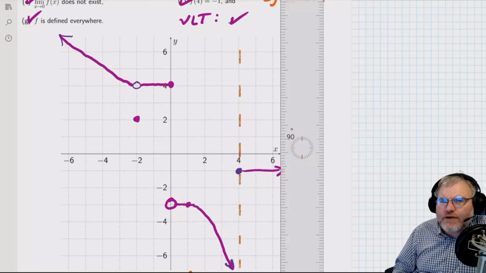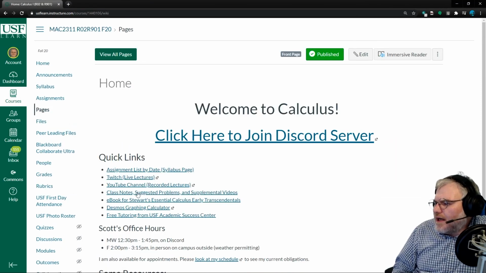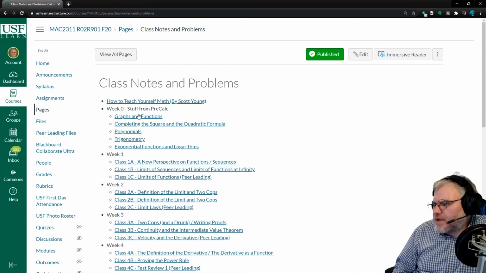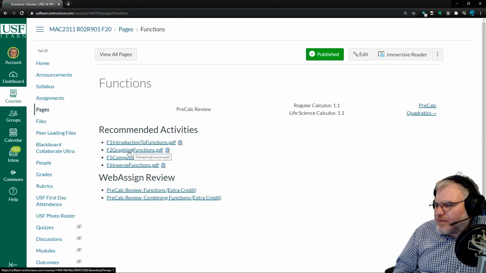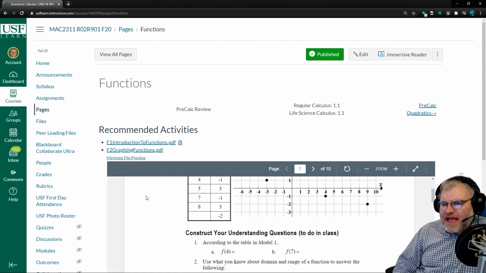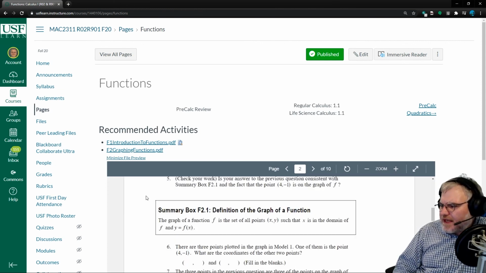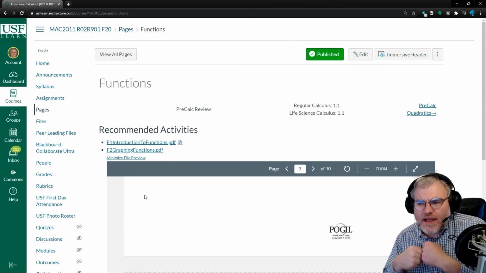So if you're having difficulty with this, there it is. If you head over to Canvas, and you go to class notes, and you go here to graphs and functions up here in the week 0 stuff, this activity right here, graphing functions, is actually very good. It's a very good diagnostic utility. And it does help with the teaching first. So if you play with this, it'll help you get the thing straight,